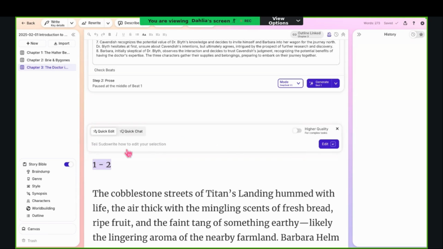And here you can, as the little prompt already tells you, just tell Sudowrite how you want to edit a selection, or you can go and